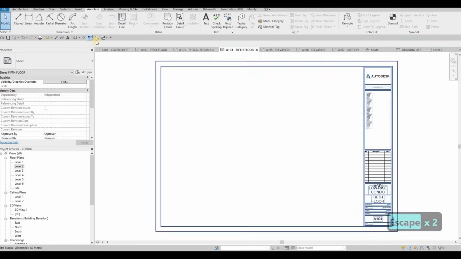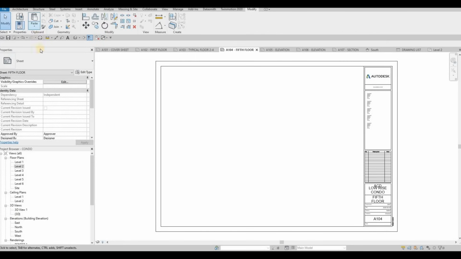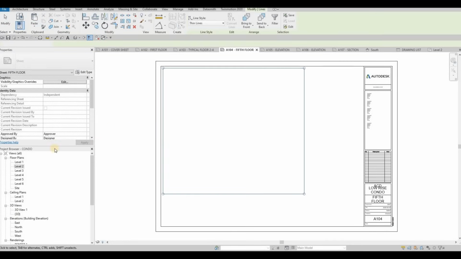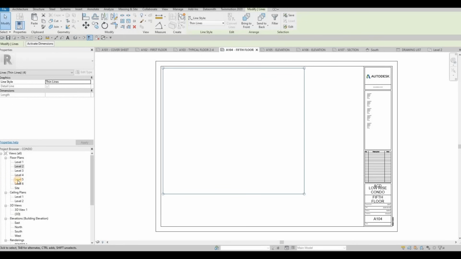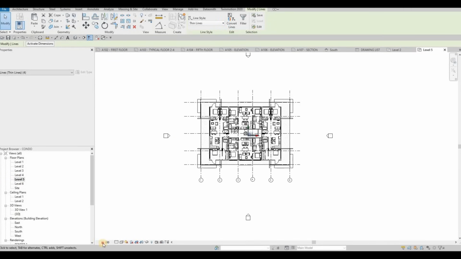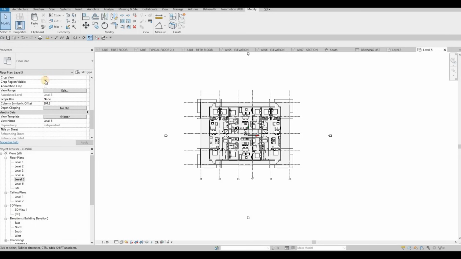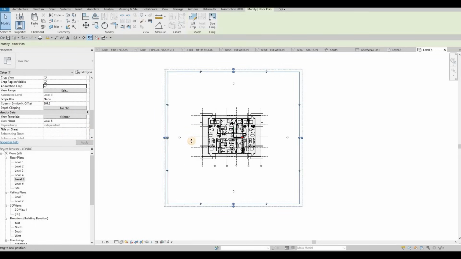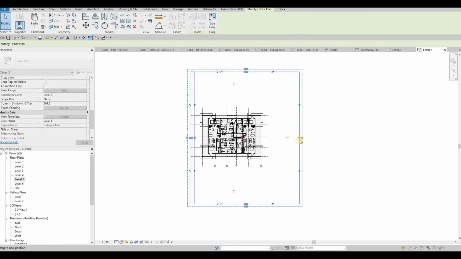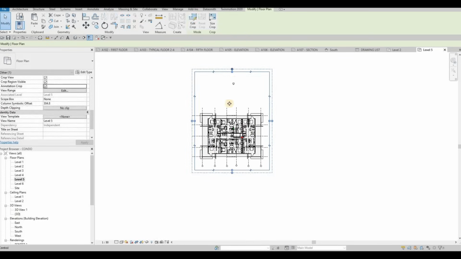Let's go to the 5th floor. Go to modify, paste align to current view so that we have the border. This will be level 5 or the top or penthouse. 1:50. Change this. Crop all of this so it's a little bit smaller, so I know it's gonna fit the same way to the crop area. And then here we could do 5th floor,